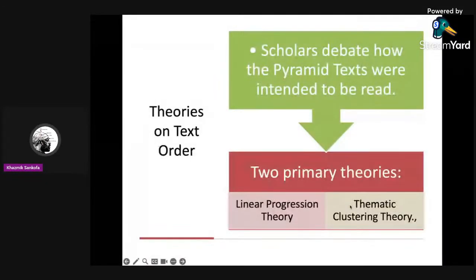Peace, peace. I'm just going through a presentation that I got together, and then I'm doing a class later, so I'm trying to figure out what I need to do to make it better. I put it down to go through it and see what I need to correct. Also, this is for brothers and sisters that want a better understanding of what the pyramid texts are.